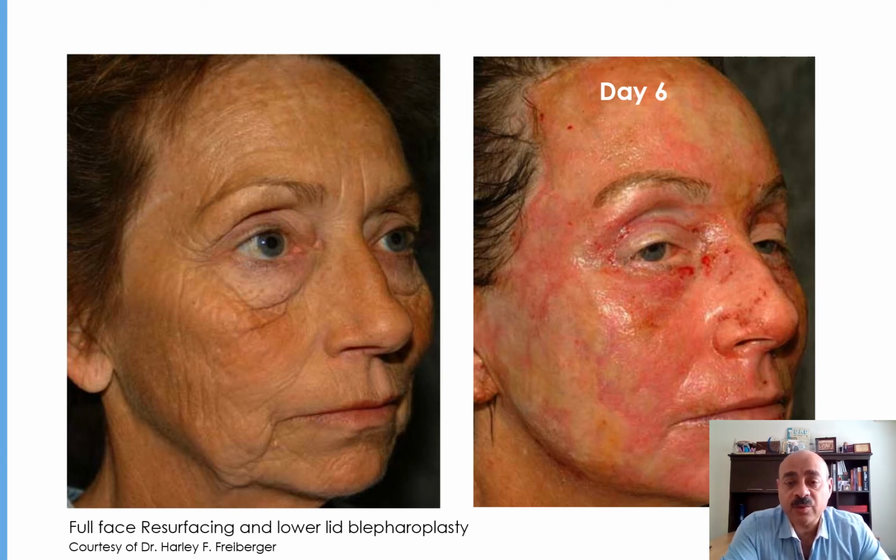One of the most effective treatments for deep wrinkles is the resurfacing. However, resurfacing is associated also with significant downtime. And if the skin is dark, then we have high incidence of hyperpigmentation. If the skin is fair, then we have high incidence of prolonged erythema. It is true that it is giving very good tightening, very good rejuvenation of the skin. However, this is coming at a cost of significant downtime and high incidence of complications and